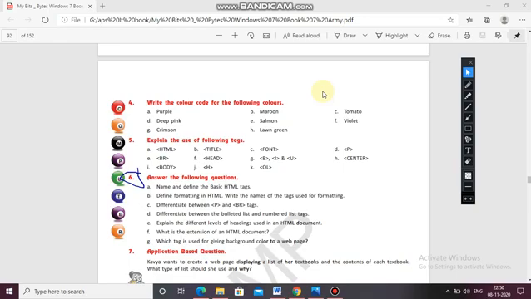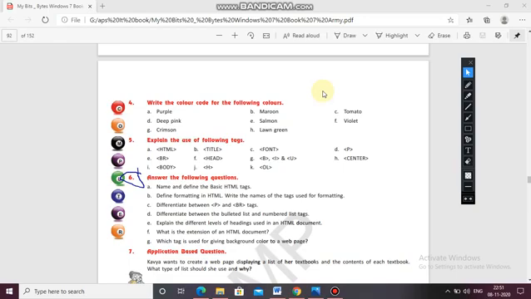So names of the basic HTML tags are these, and if you define them, then HTML tags, what it does, defines an HTML document. HTML tag is used to define an HTML document. Head contains the information for the document. Then title, that defines the title for the document. Then body defines the document's body. Different levels of heading defines the HTML headings. P tag defines a paragraph.